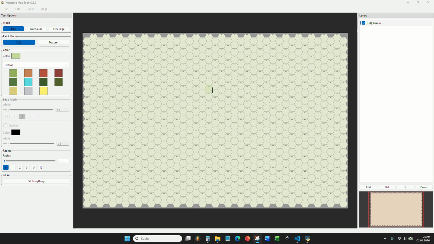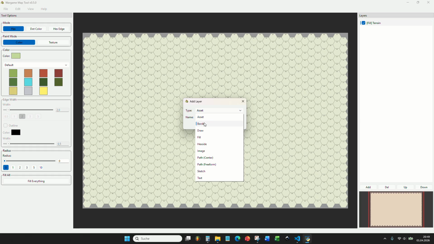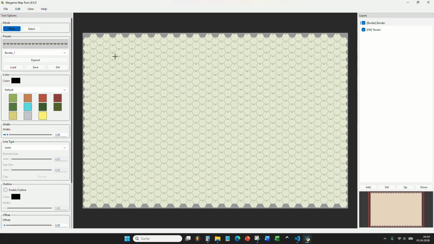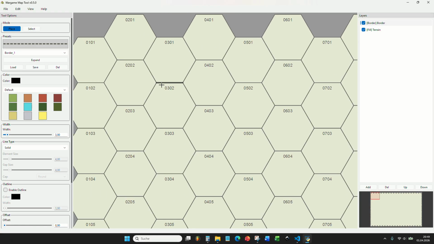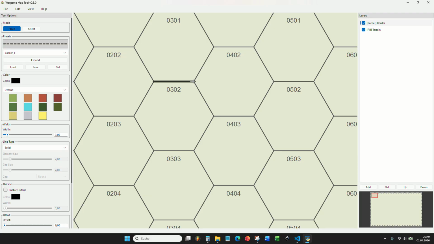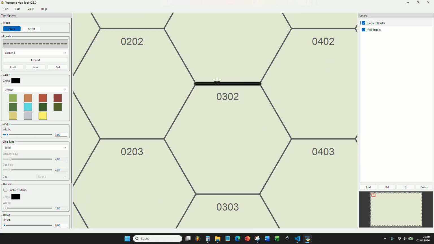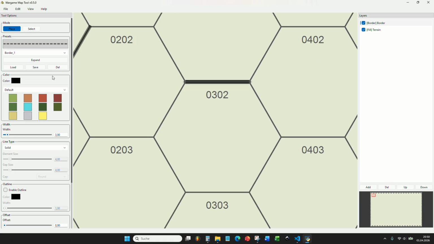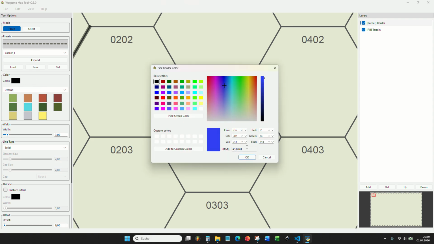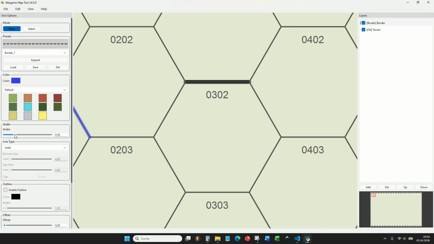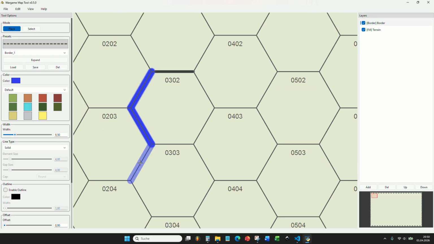So for the next layer type, we have a look at the border layer type. So we add a new layer from the type border. And what a border layer is, it basically connects one hex side. So the flat top example here, if you click, you can see it draws a line. Basically, what you can do is you select the color and you can select width, and then you can create